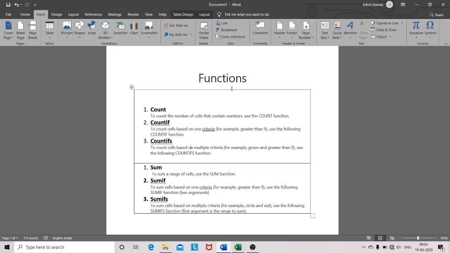Similarly, sum is to add the values of the rows, and SUMIF adds the numbers with some conditions, and SUMIFS adds the numbers with multiple conditions.